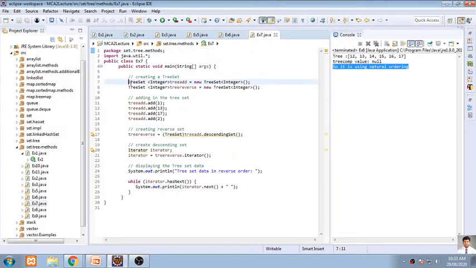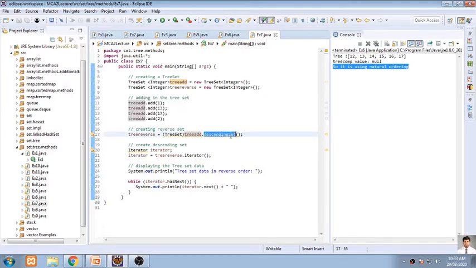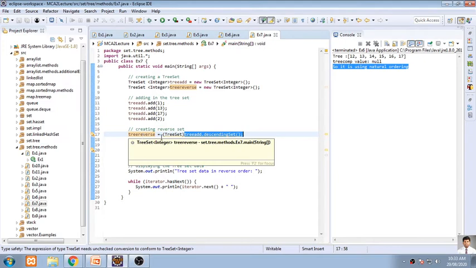The same example we will be doing for displaying the elements in descending order. Here I have created one tree object and another tree reverse. I want to create the first tree set with 4 values, and using this descending function, I want to transfer automatically. When I am using this function, it will automatically create an element, and that will be added directly into this other tree set. What is the return type of this function?